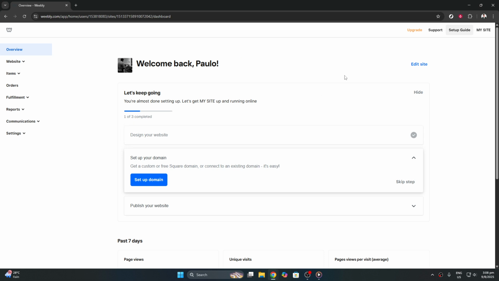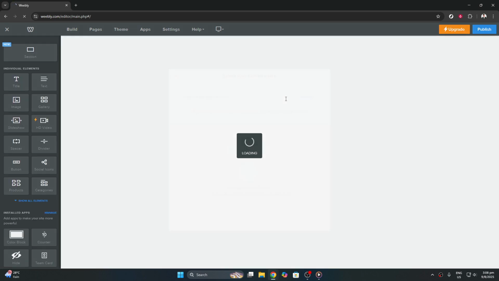Next, once you're logged in, navigate to your dashboard where you'll see an option that says Edit Site. Click on this button. This action will take you to the site editor where all the magic happens. You might notice a pop-up window that appears. Just go ahead and click the X in the corner of that pop-up to close it and keep your workspace